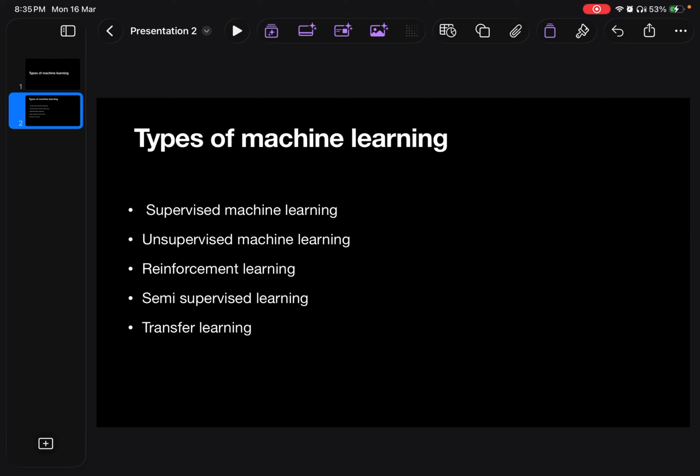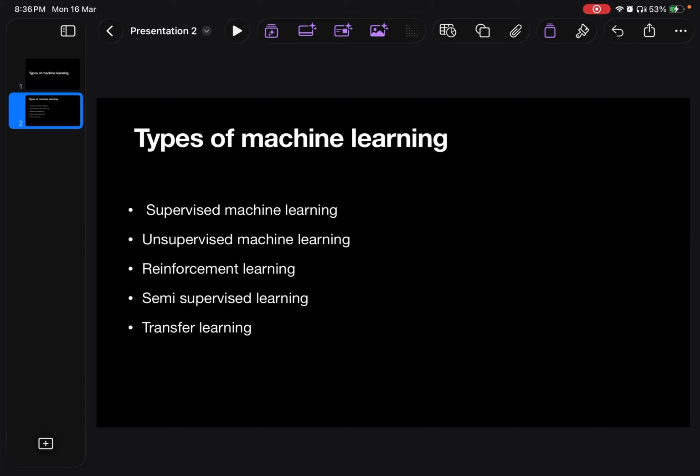In the name itself, you can understand that there is something going to supervise. In this type of machine learning, we give both the input and output to the model. The model will learn the relationships and patterns in the data and make predictions. For example, it will take one input and make a prediction. If the output mismatches its respective output, it will adjust some parameters. In that case, the given outputs in the dataset are going to supervise the model. That's why it's called supervised machine learning.